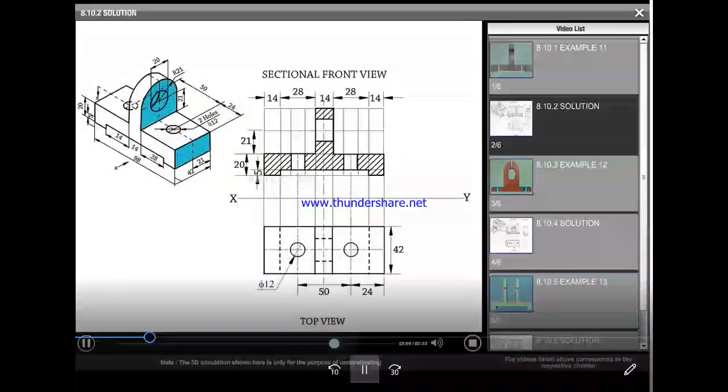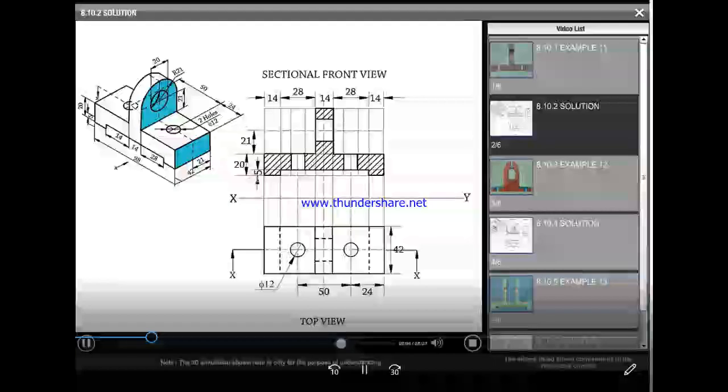Show the hidden details by dotted line. Represent the position of the cutting plane in the top view.